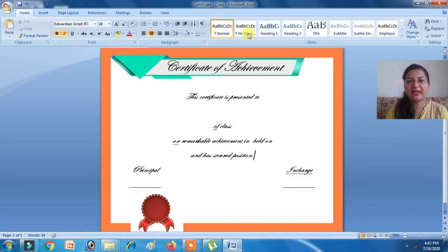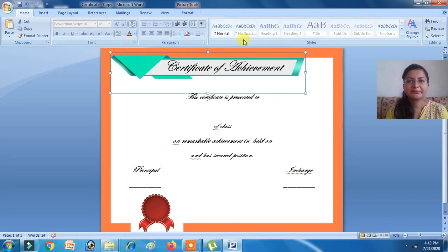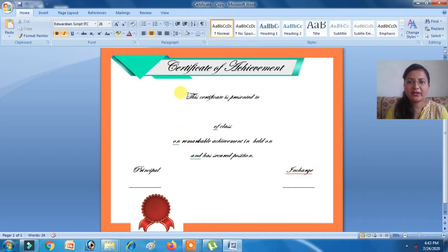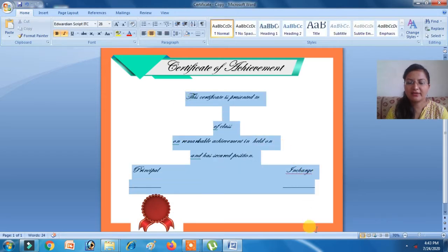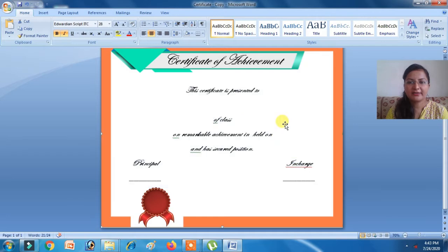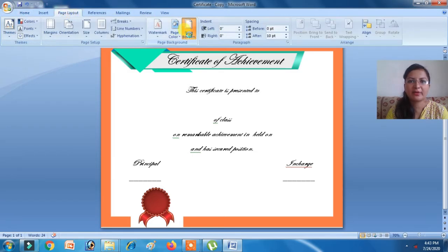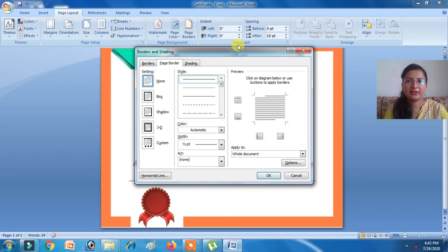So this is the sample design. You can see I have used a border. This is a header banner. You can download a header banner vector from the internet and use it. This is a ribbon stamp. This is normal content, center aligned. So you can put your own borders and choose your own design. If you want to put a background color, you can do that also. Borders you can also put from here. If you want custom borders, like 3D borders, you can put them from here.